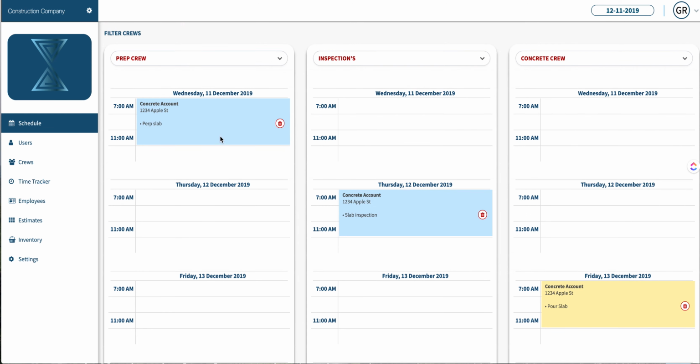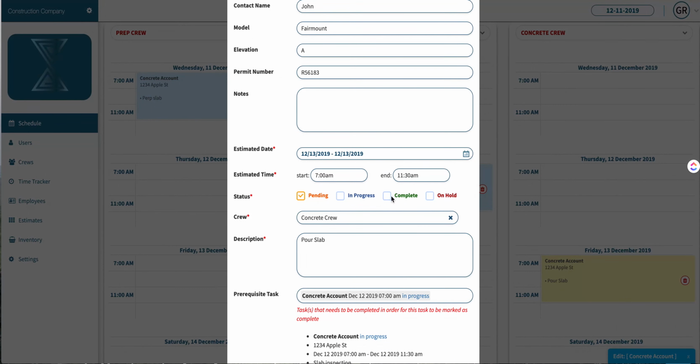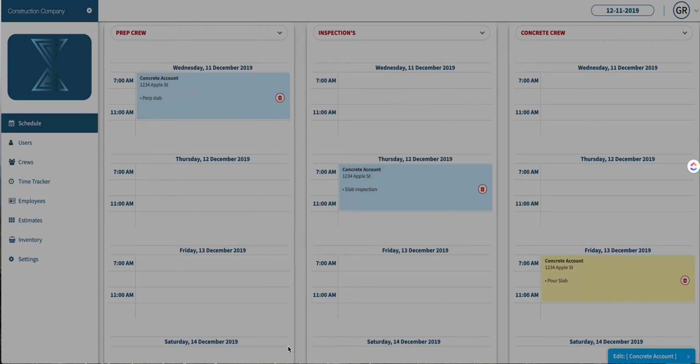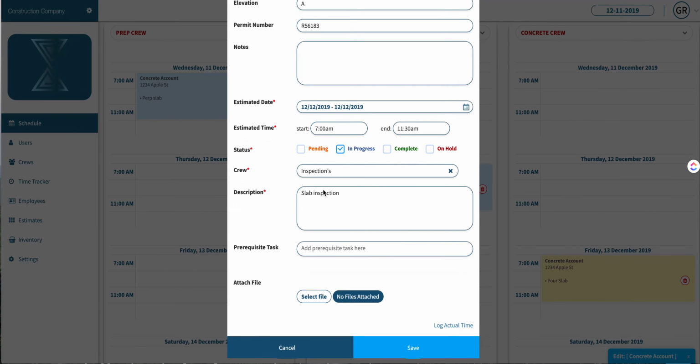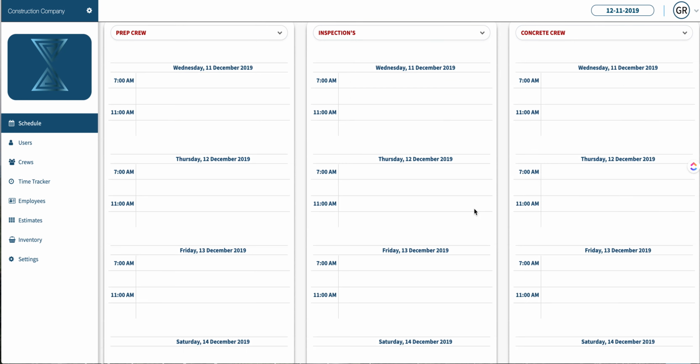Collapse everything. So here are my prep slab for this crew, my slab inspection, and then here's my pour slab. You can see it's in a different color. It is in the pending status, and you cannot change it to any of these until this one has been completed. So once I hit complete, save,